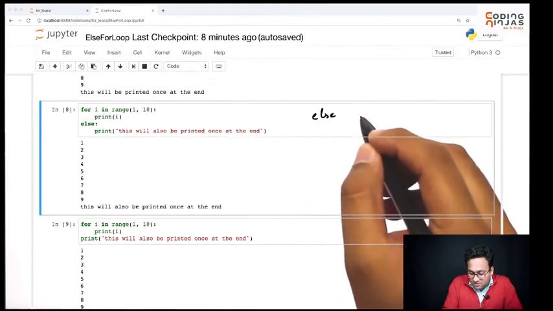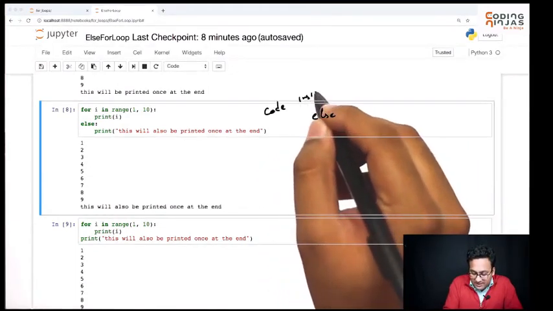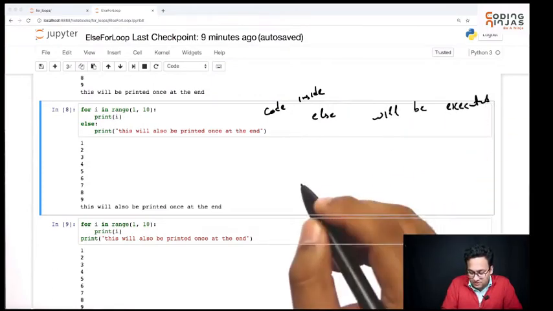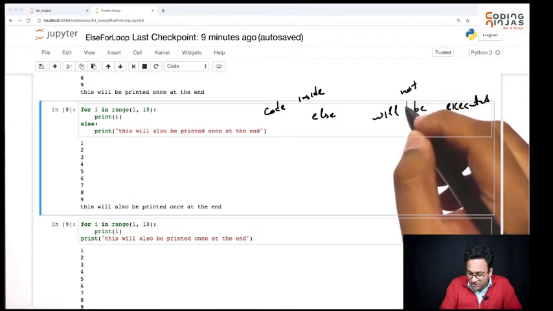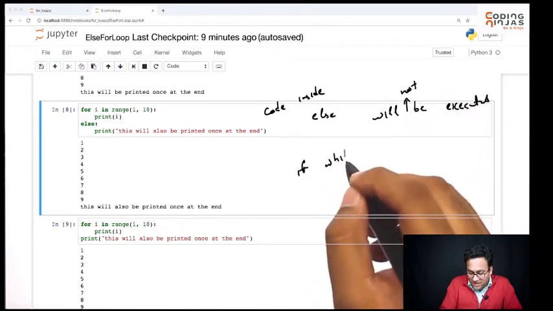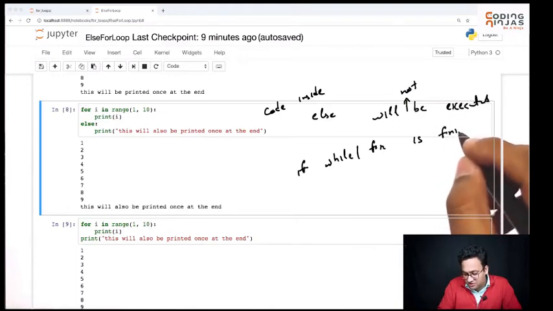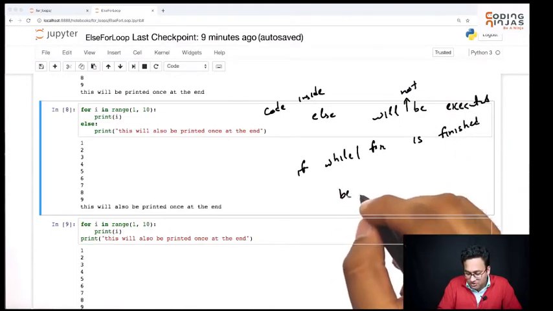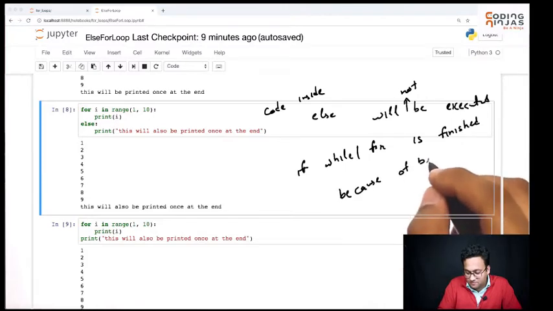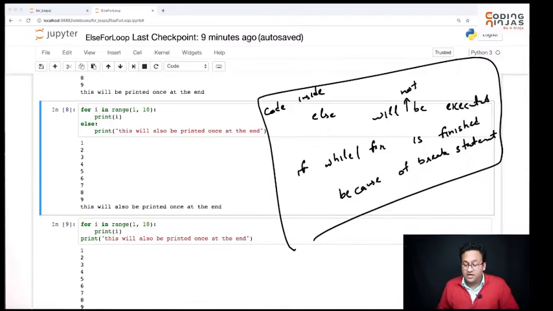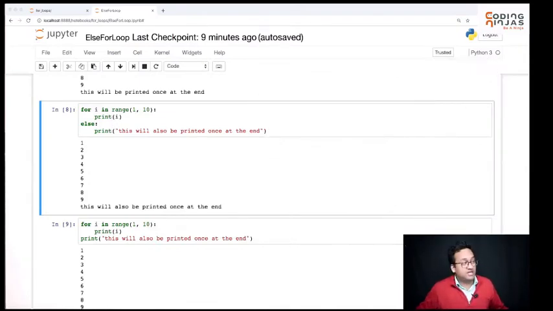Code inside else will not be executed if a while or for loop is finished because of a break statement, right? If your while or for has been terminated because of a break statement, the else statement will not be done. Okay?